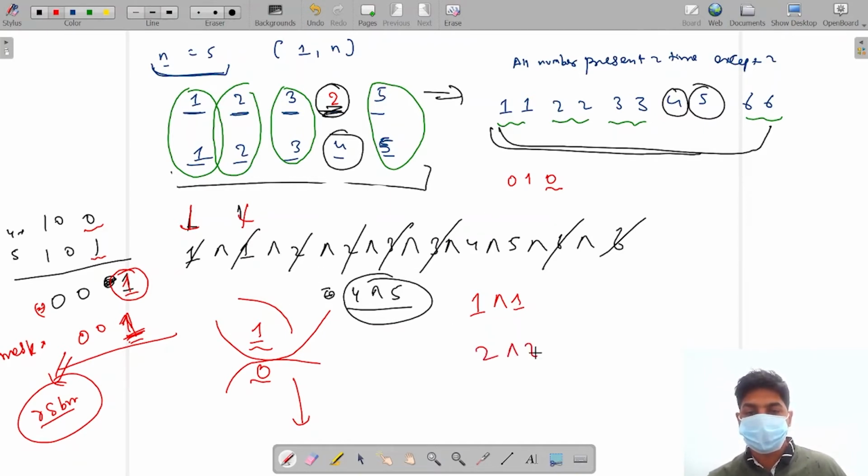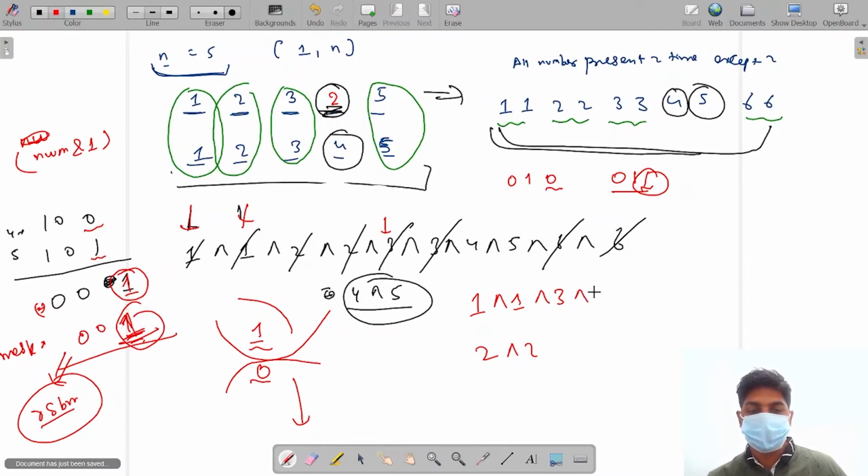So 2 XOR 2. Now let's move on to the next number, 3. The binary of 3 is 011. So this particular bit is 1, and our mask is also 1. What we are performing is number AND mask. If this particular bit is 1, then we put the number in one group, otherwise in the separate group. So with 3 we'll take XOR over here, 3 XOR 3. Now we'll move on to 4. 4 is 100. So this particular bit is 0, so we'll take 4 in this group. Now we'll move on to 5. 5 is 101. This particular bit is 1, so we'll take 5 over here.